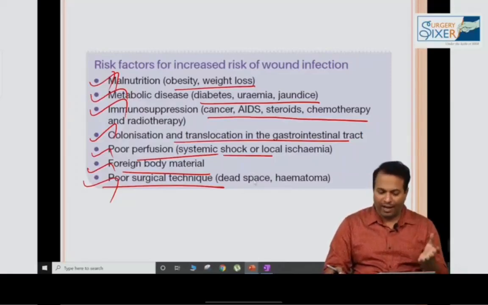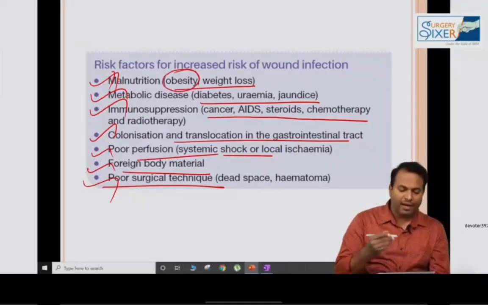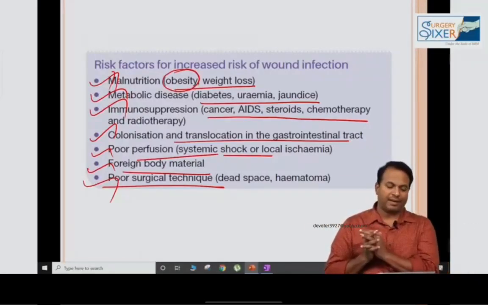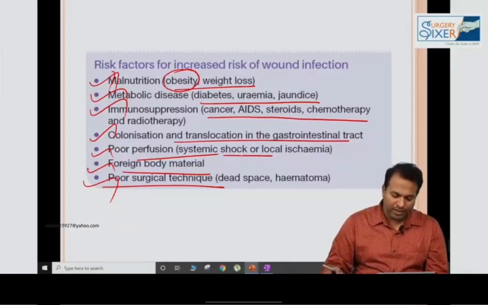Okay, just have an idea. No need to mug up and waste time. So what can be asked from this? You just think what can be asked. They may ask you obesity is a risk factor of wound infection, so they may give you a clean patient like that. And old age is also a risk factor. So these are the risk factors from Bailey and Love.